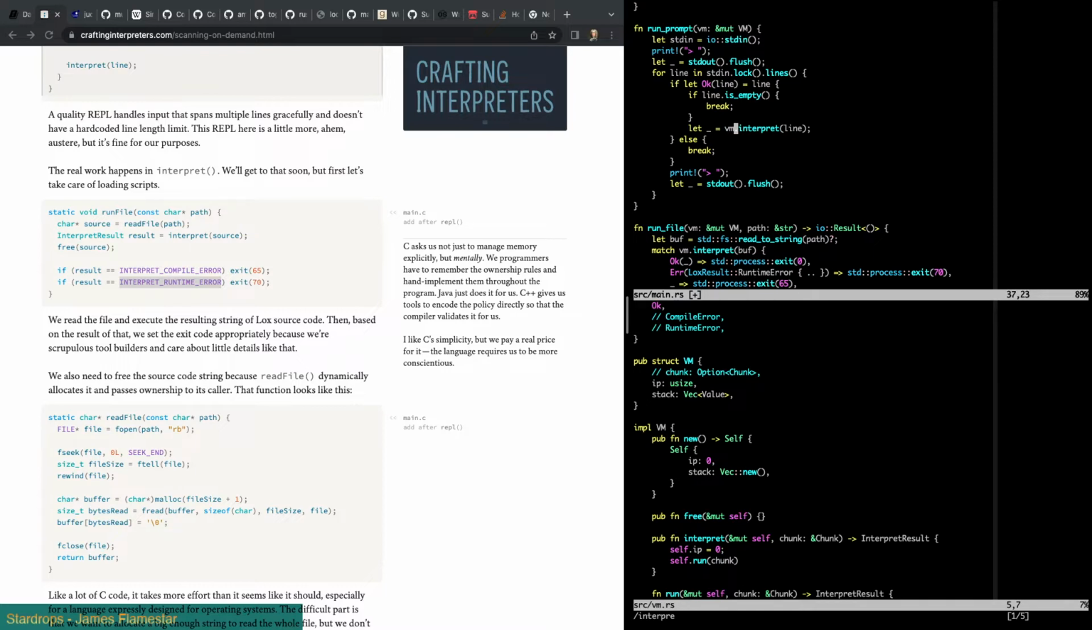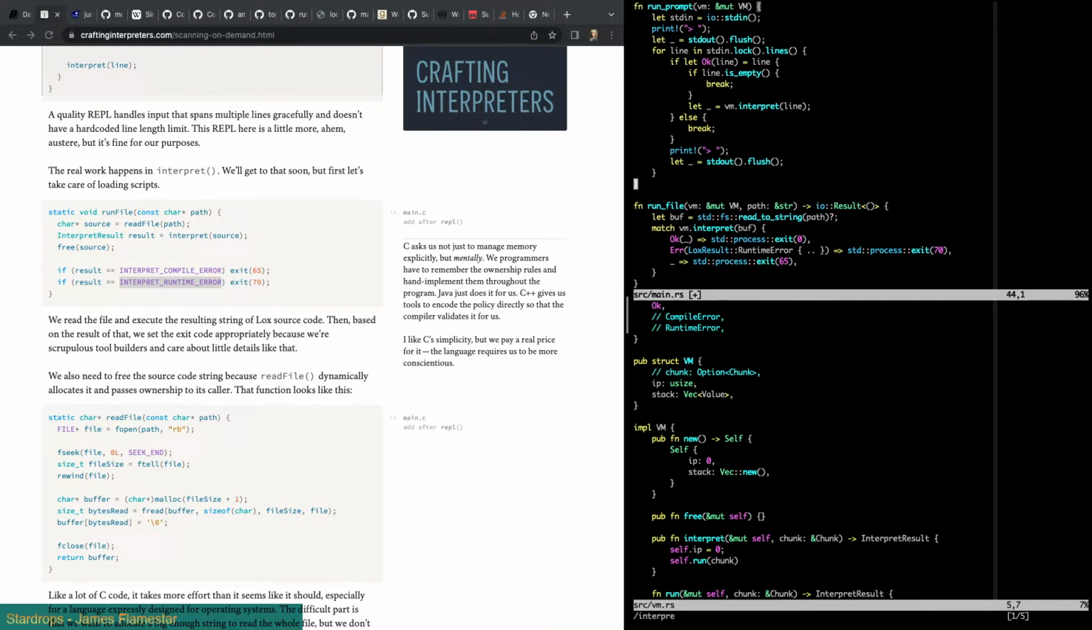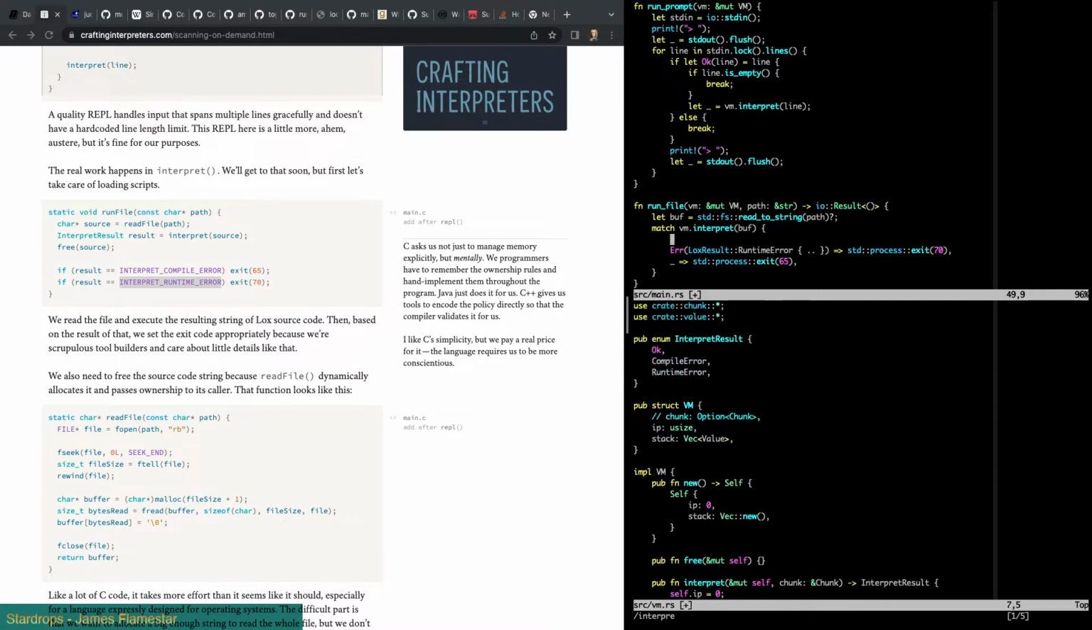VM dot interpret. Okay. And the result of this is going to be these things here. We don't generate these yet, but I did comment them out to get the thing to work. If we have interpret result, compile error, that's this thing here. And if we have a runtime error,